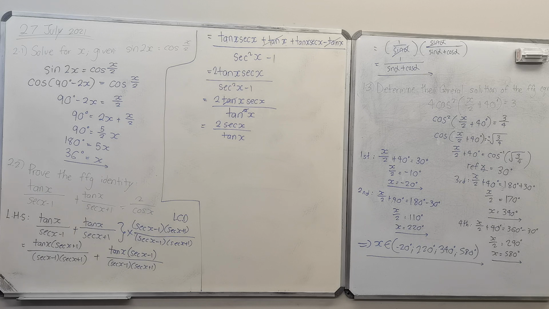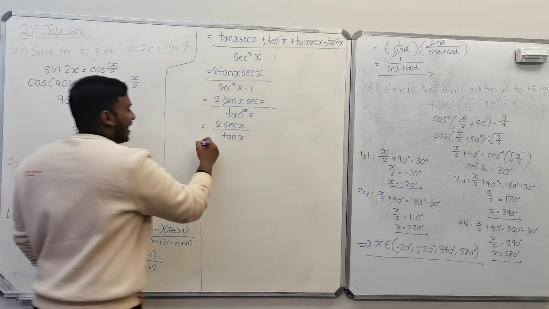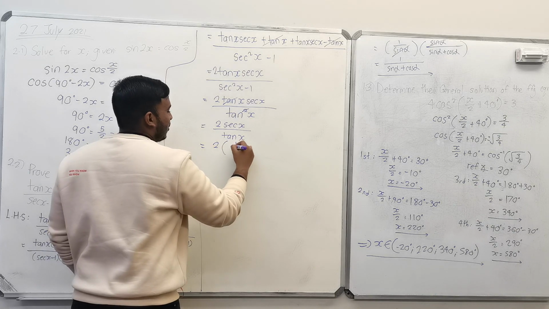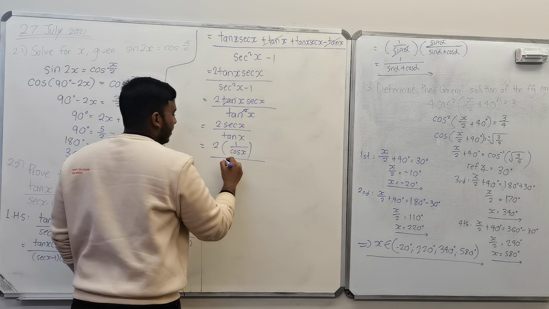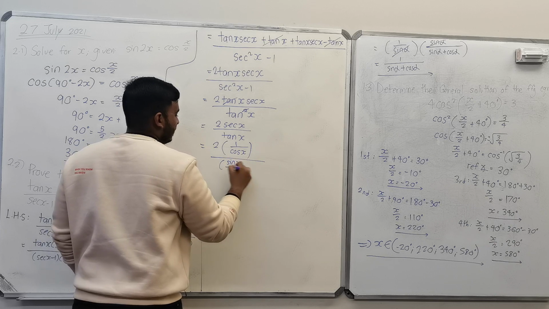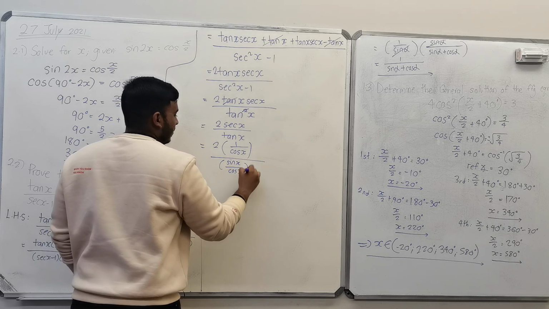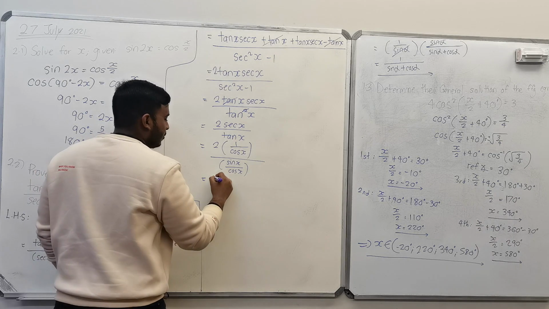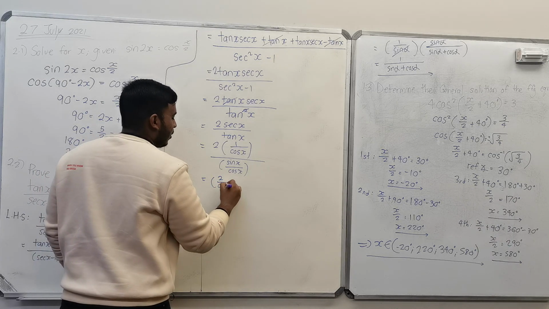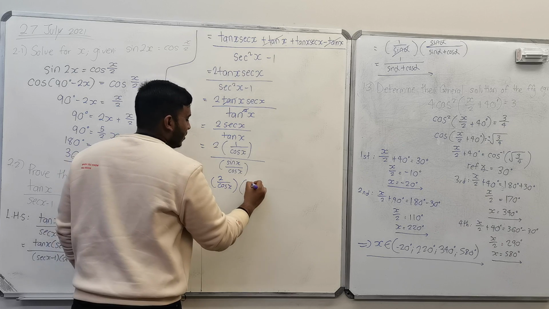Then they will cancel. So 2 is equal to 1 over cos, cos all over sin. Yeah, they will cancel. So you're left with 2 all over cos x times